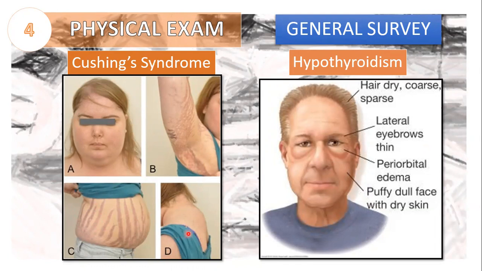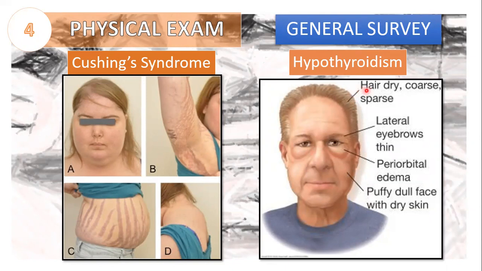The build-up of fatty tissue around the neck, which is buffalo hump. The loss of muscle tone, resulting in thin arms and legs and reduced muscle power. Stretch marks or striae, as you can see here in the arms and the abdomen, indicates the thin and fragile skin of the patient. For hypothyroidism, what is shown here is myxedema, seen in severe hypothyroidism, where you would note